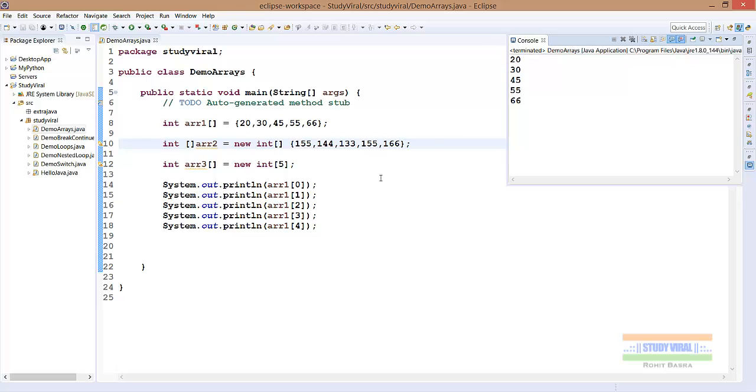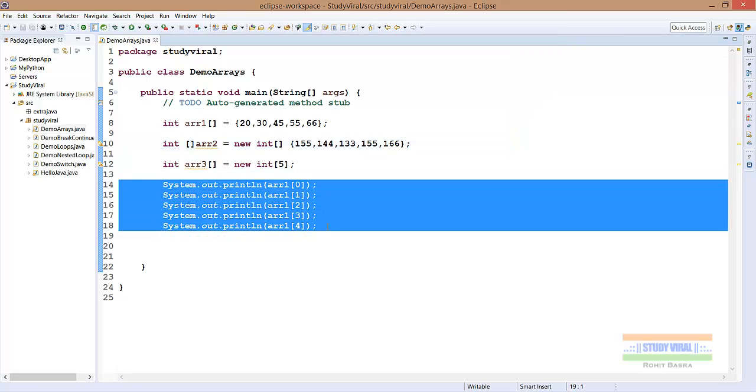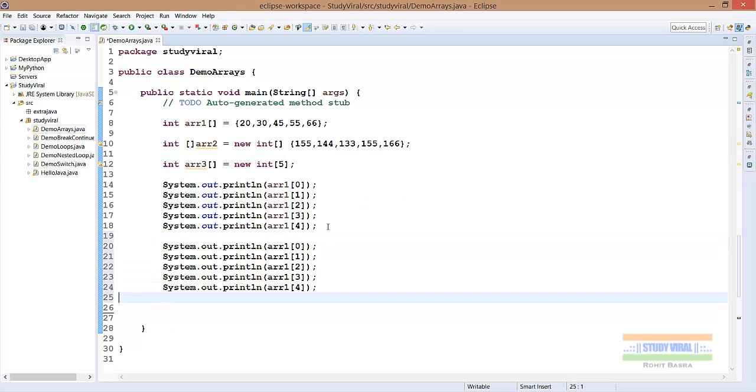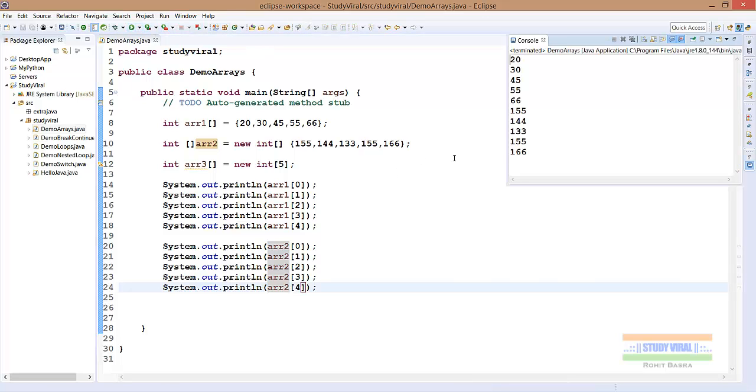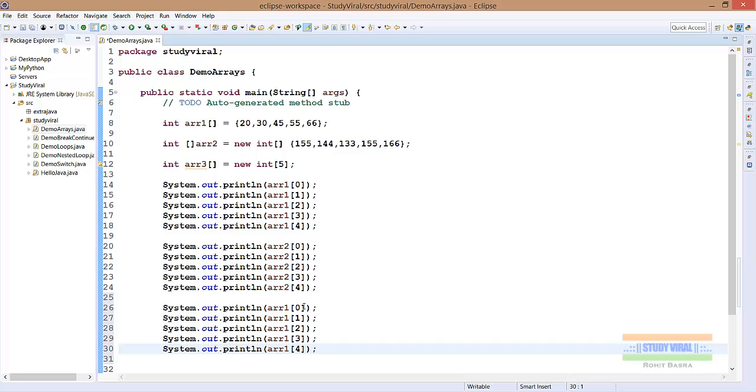Okay, now you can see that you can check any value from their index value, and for the other one just copy it and paste array 2, array 2, array 2, and again 2, save it and execute. Here we get second array values, and for third one we have just 3, 3,